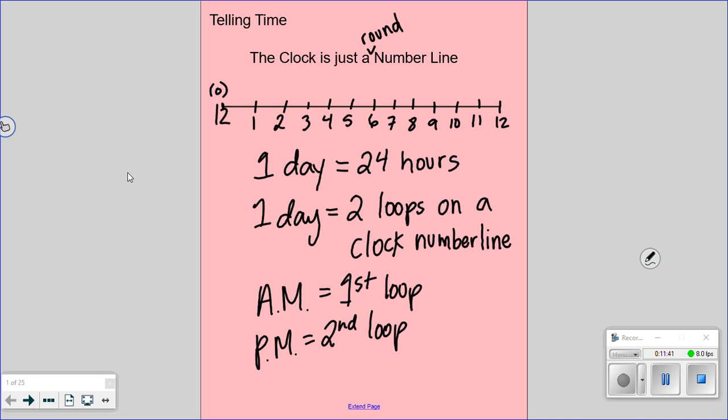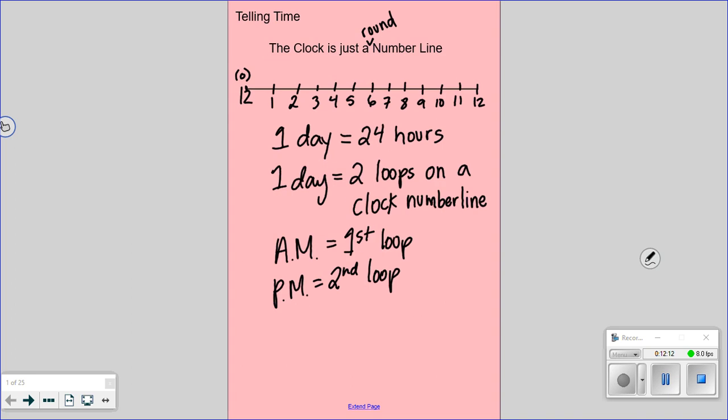So, for our regular time, if I'm saying something is happening at a certain time, unless it's really obvious, I'm going to need to say whether I'm talking about the first loop or the second loop. Like 7 p.m. or 7 a.m. Exactly. 5 o'clock p.m. is very different than 5 o'clock a.m. Because a.m. is in the morning. We need to know which one we're talking about. So back to